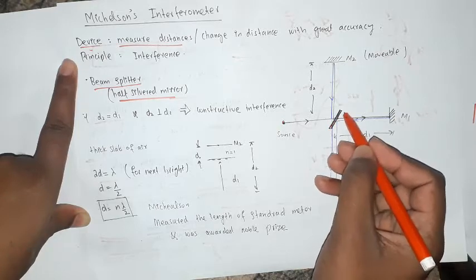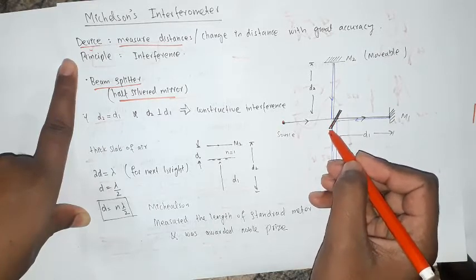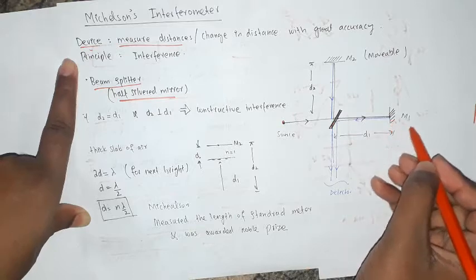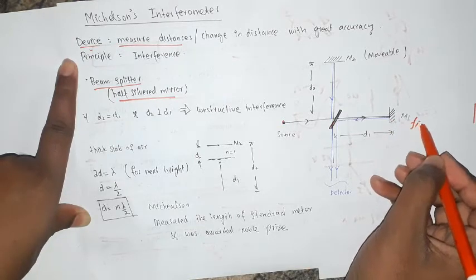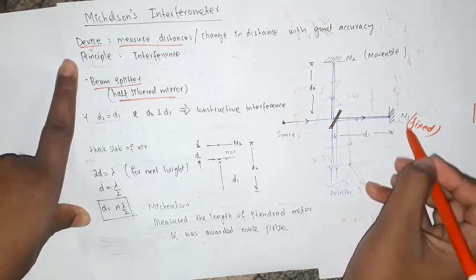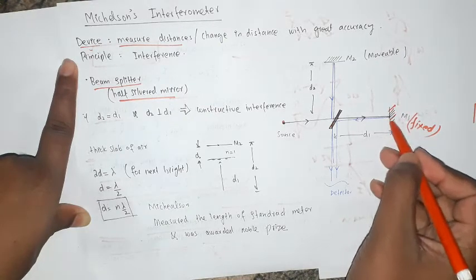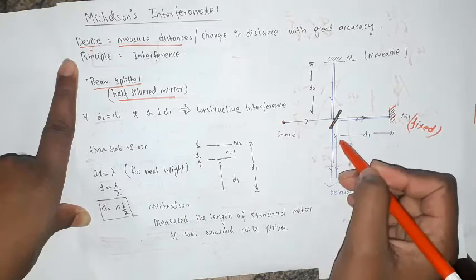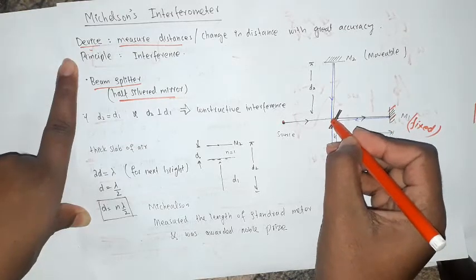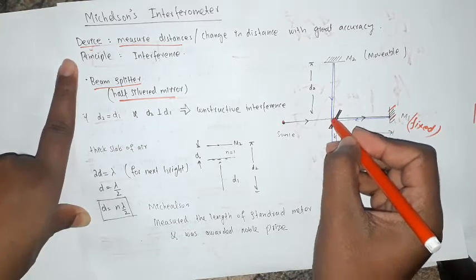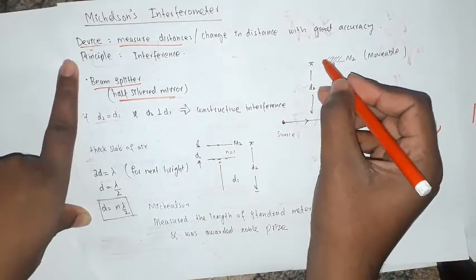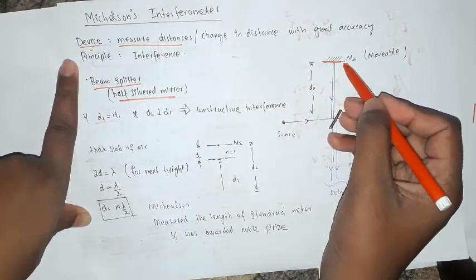It is inclined at a 45 degree angle so that half of the intensity comes to this fixed mirror M1, and this is a silver mirror because it is fully polished, so all of the light will be reflected back. And similarly, the light that is reflected in this direction will be reflected from this M2,